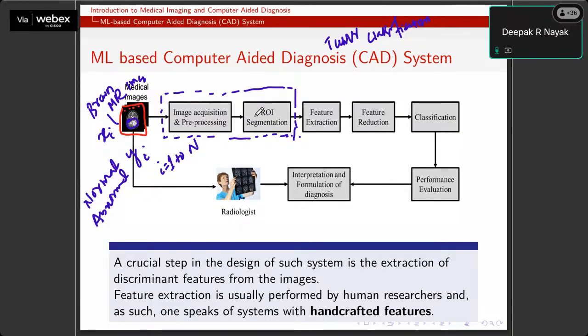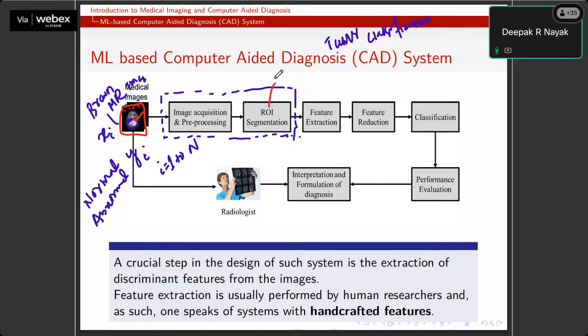So what I can do is apply some algorithm over here, first to segment, that is, split the image into different regions, and then highlight only this region, which is very difficult again, because segmentation itself is an independent task for which you can design a CAD system. But here, ROI segmentation is a stage which comes under the pre-processing stage. That means you want to focus only on the important regions and ignore other regions, only looking at the patterns of this region. And again, it is a difficult task, as I'm saying.